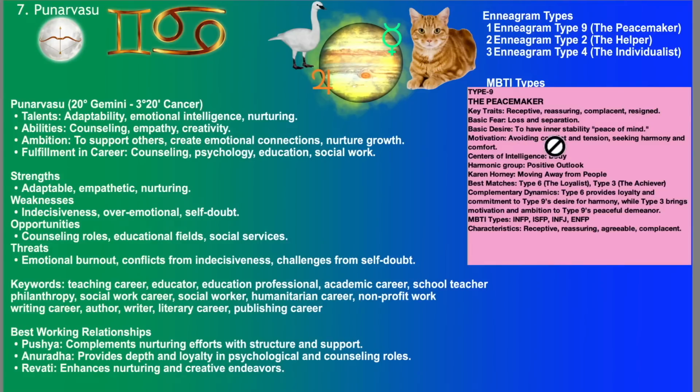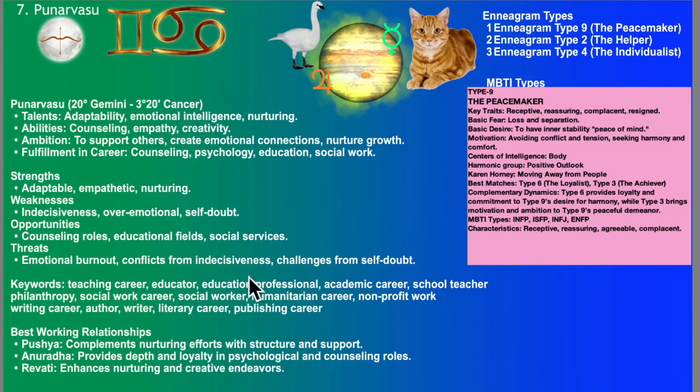They have a basic desire to have inner stability and peace of mind. Remember Punarvasu's life lesson? Bring to the dry mind the moistness of emotion. That's why the highest exaltation, Cancer, is in Punarvasu. The beginning of Cancer is in Punarvasu. So it's trying to get peace of mind. That's the basic desire. So if you are a type 9 and you have Punarvasu dominant, your theme or your